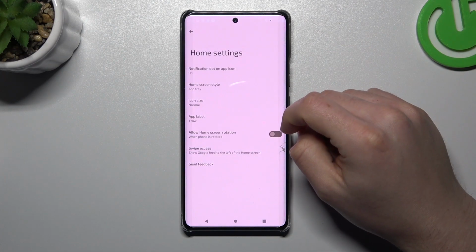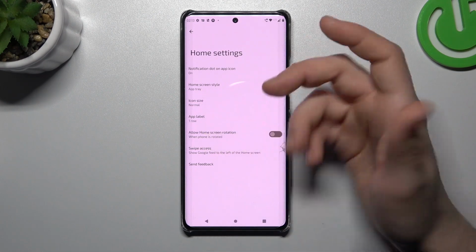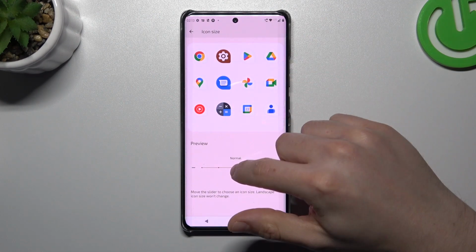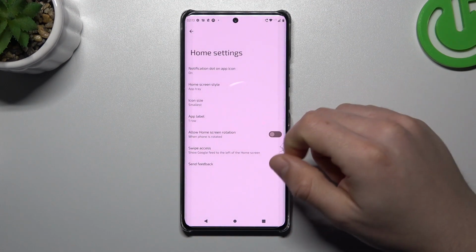Okay, the next one, the home settings. There you have two things to change: the icon size, so just adjust it like you wish, and